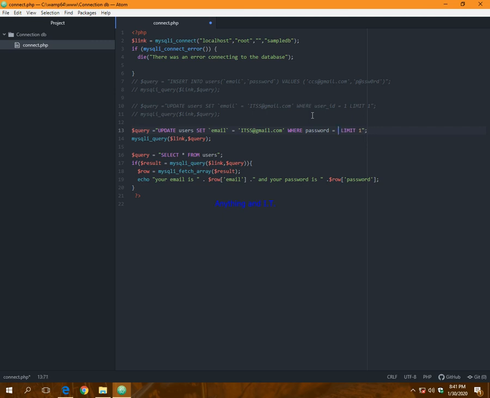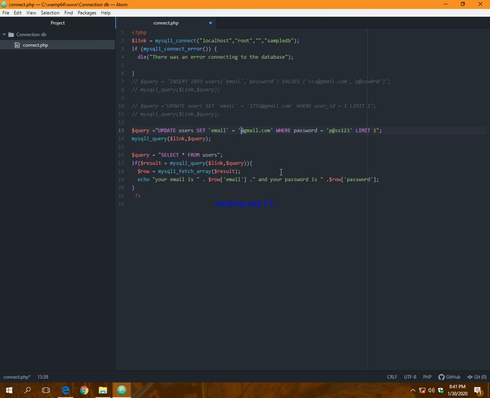That's why we did not enclose it with a quotation. So again, what is the password? That is pass123. So how does this work? It will look for a password that is equivalent to pass123, and it will set its corresponding email into itss@gmail.com, or let's try to change it